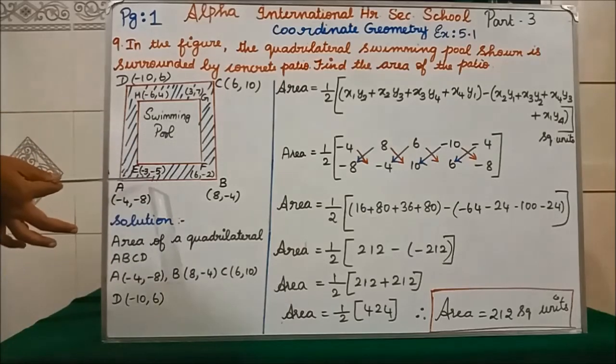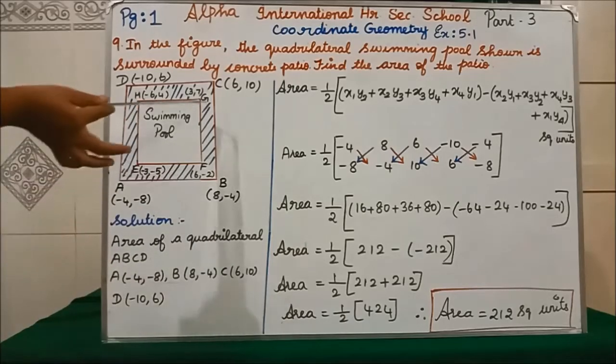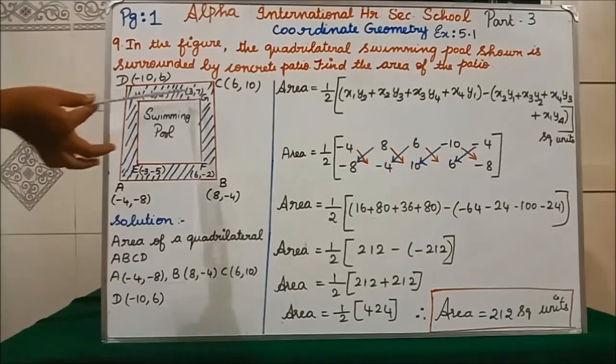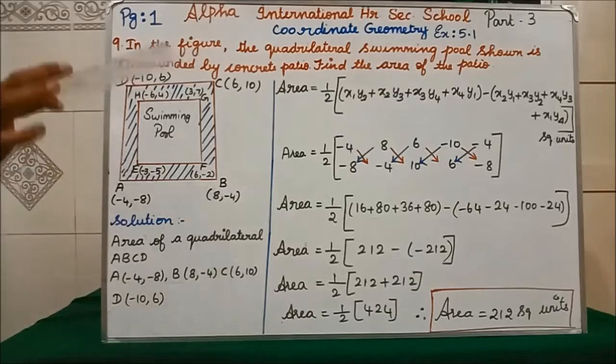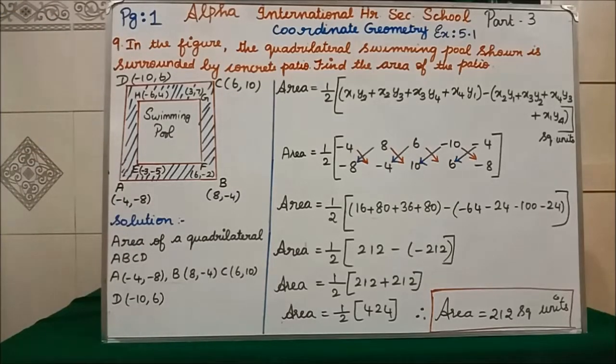Clear? Similarly, EFGH also they have given like that only, 3, 7. First quadrant, second quadrant, third quadrant, fourth quadrant. The same order they have given. For this problem, you need not draw the quadrilateral in the graph. Okay, you can straightaway start the problem.